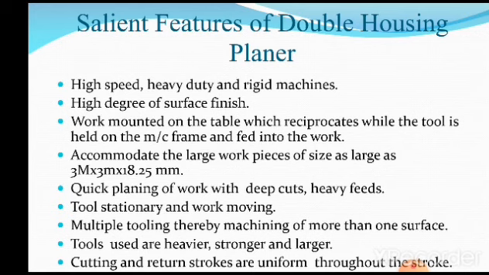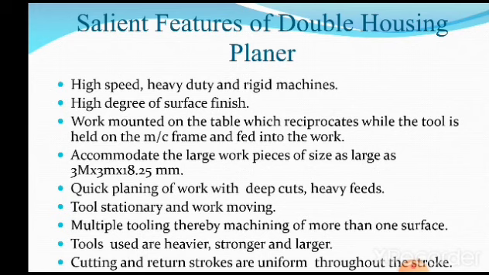Work is mounted on the table which reciprocates while the tool is held on the machine frame and fed into the work. We know one important thing here, always the work is mounted firmly on the table and gets reciprocated, and the motion is given with the help of a cross rail or the tool head.